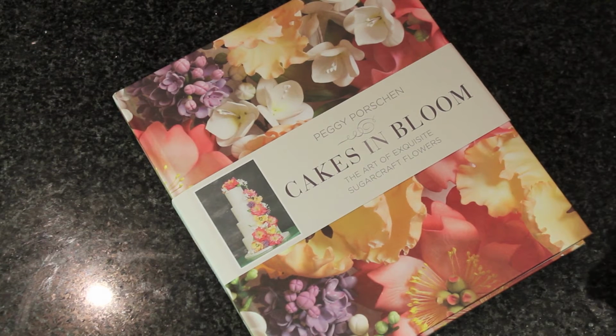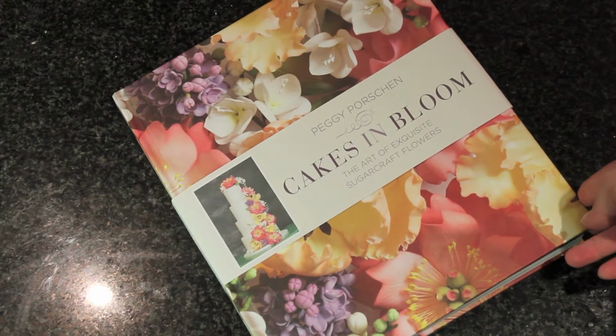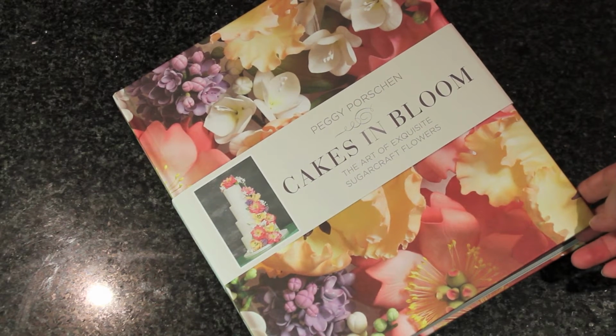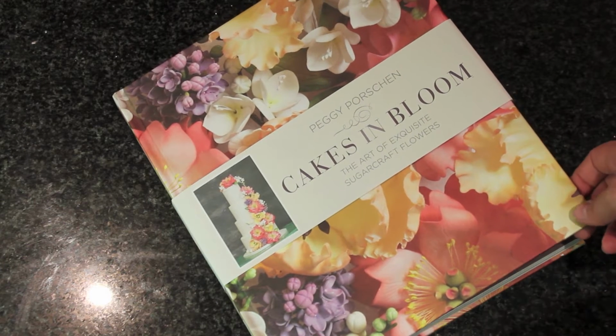Hi everyone, I've got Peggy Porschen's new Cakes in Bloom book that I just received in the mail, and I'm so excited that I finally got it in my hands. I think it's been a long wait for both of us, I'm sure Peggy more. But anyways, I just wanted to give you guys a sneak preview into Peggy's new book that comes out in